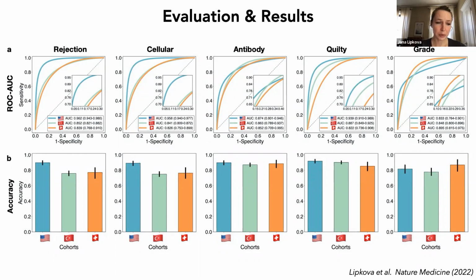But the good thing is we see that the performance is comparable on two very distinct cohorts, which means the model is able to generalize across differences in population and scanners. Another interesting fact is that the data from Turkey also include pediatric cases, which we don't have in the train set, and the model was still able to generalize to pediatric cases despite their different morphology from adults. So this would be the generalization.